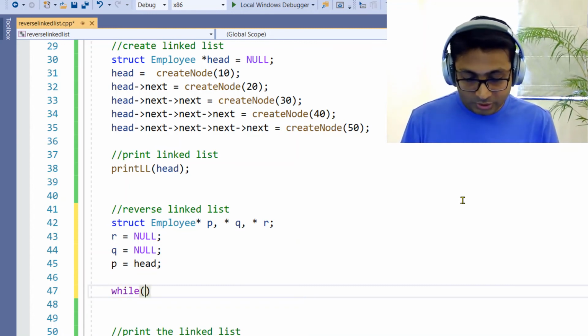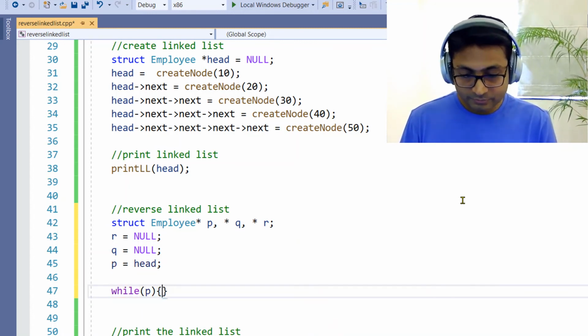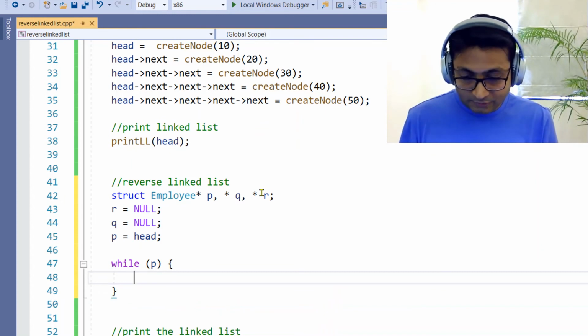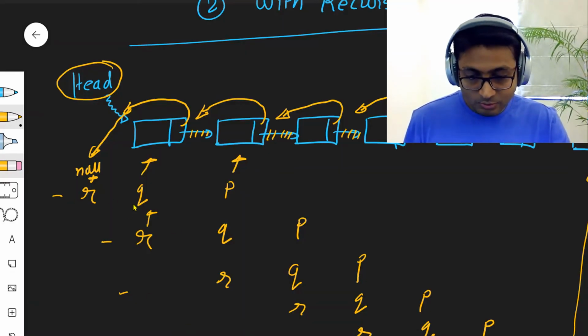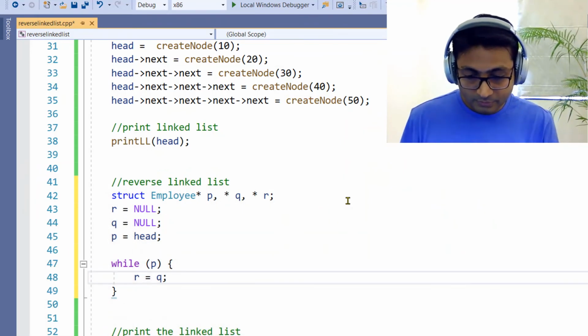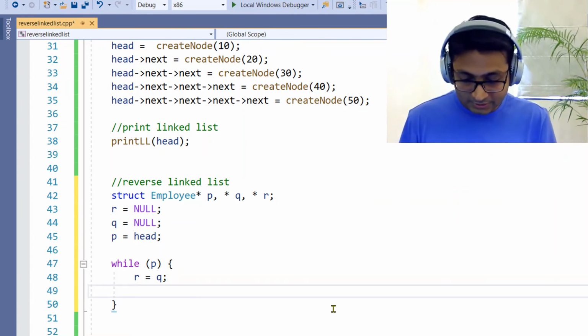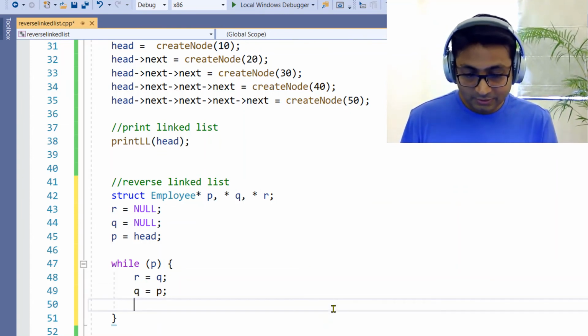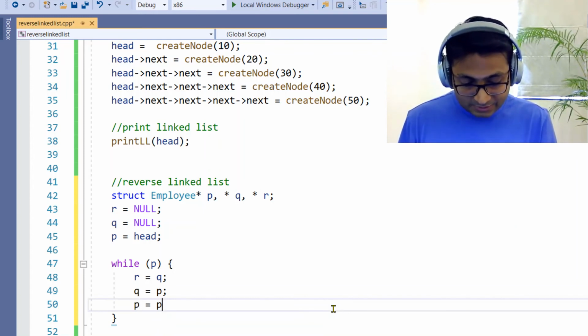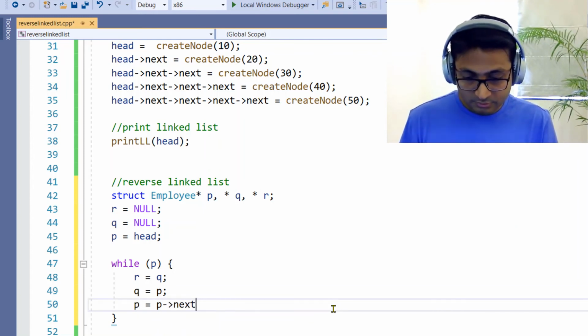And I'm going to write the while loop here. First, I'll do r is equal to q. You see, r is equal to q. Then q is equal to p. Q is equal to p. P is equal to p's next.